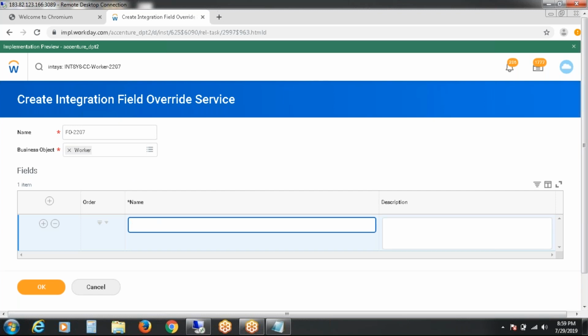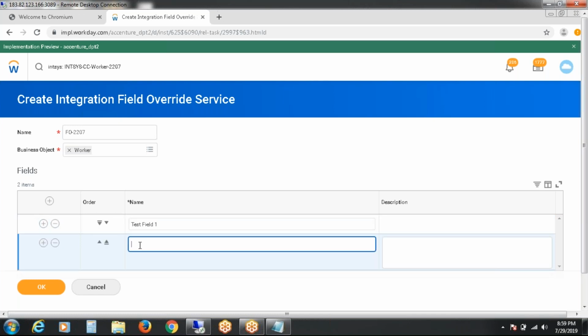Please give some name like test field 1. In this test field 1, I am going to override this field with a calculated field. Then test field 2, and say OK. Like this, however many calculated fields you have, you can call all together.